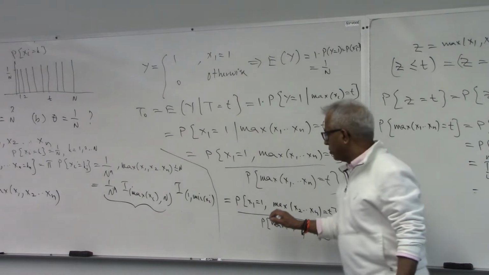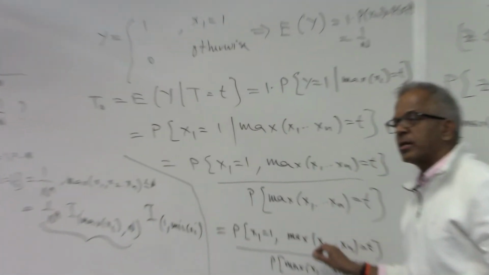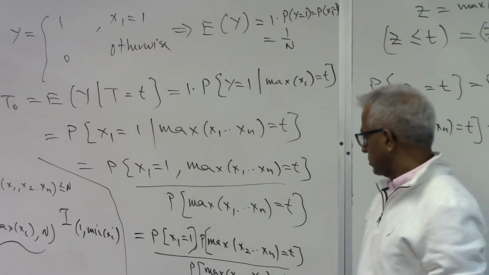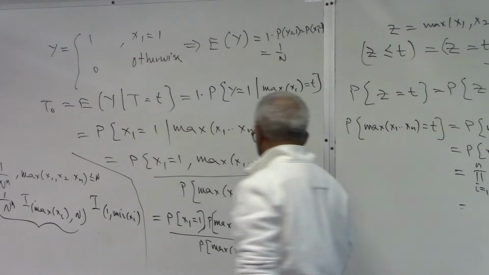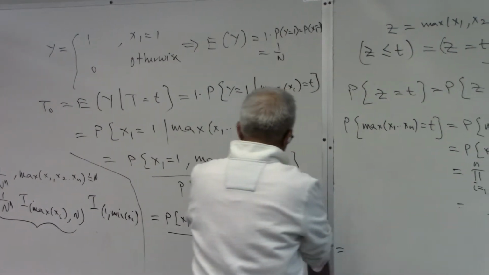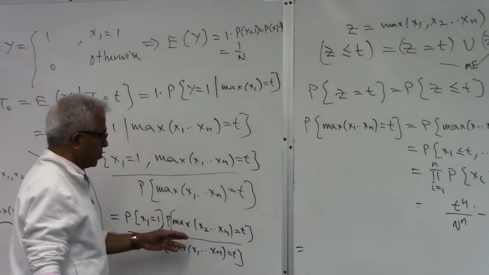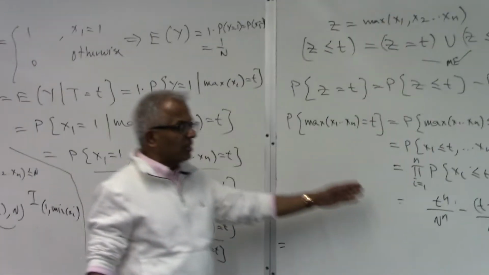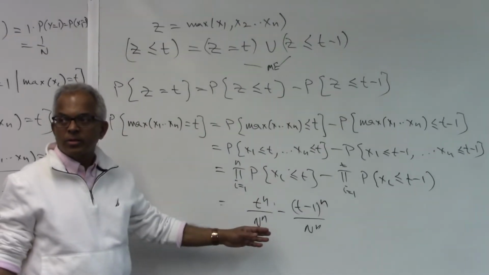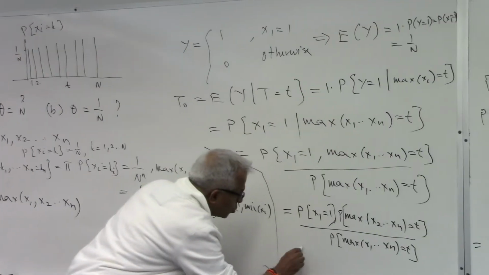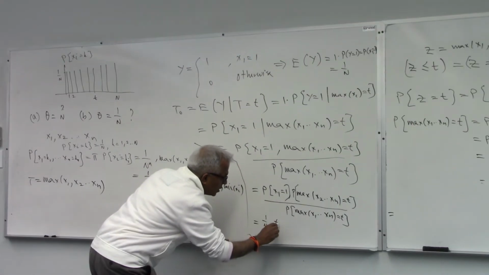Now look here, you can write one more line. These two random variables are independent, so this is the product now. So maybe I'll just keep writing here. So I can just substitute it here. Here you have the denominator that we have. The numerator will be exactly the same as this. What's the difference in the numerator? Here you have n random variables, here you have n minus 1 random variables. So I hope you see this. So this is 1 over n, and this is t to the power